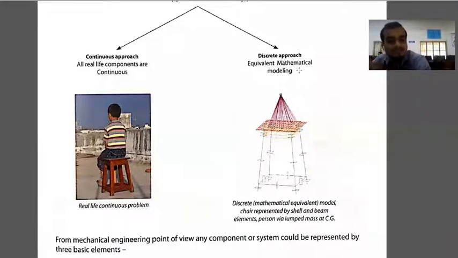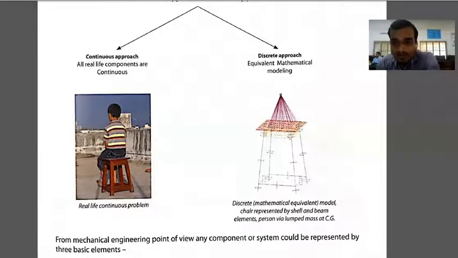Okay, so now we will start our session with continuous problem and discrete problem. Actually, in the last lecture we studied about continuous problem. So what is the continuous problem and how is it going to convert into a discrete problem? So continuous problem means